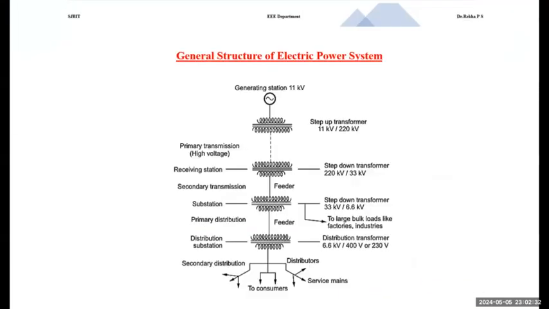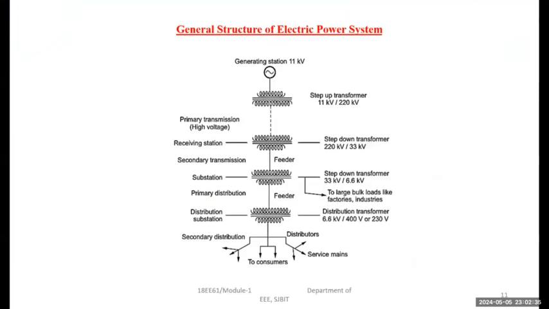of energy. After knowing the differences between conventional and non-conventional, we are moving on to the next topic, the general structure of a typical transmission distribution scheme or electric power system. So we have here a line diagram. You know what a power system is. A power system is a highly complex electrical network which transmits electrical energy rapidly from the place where it is generated to the place where it is used.